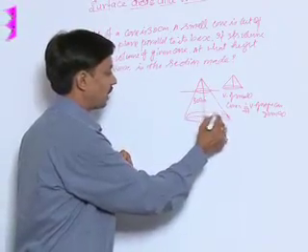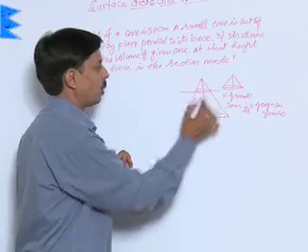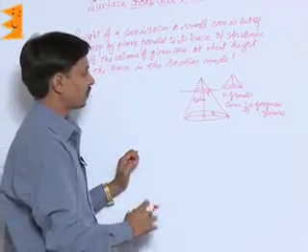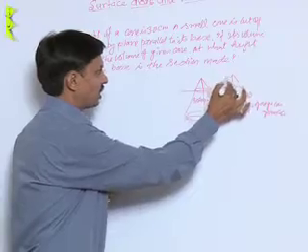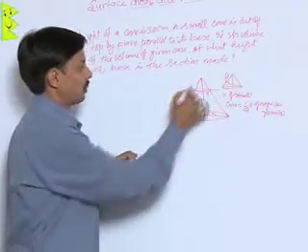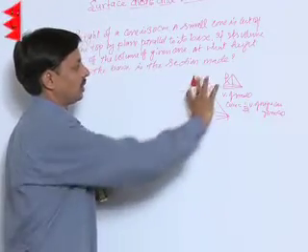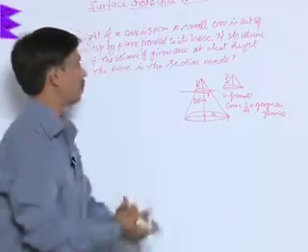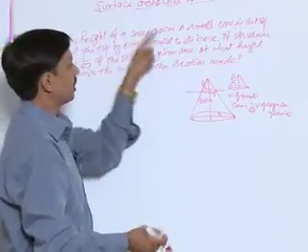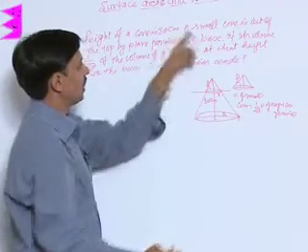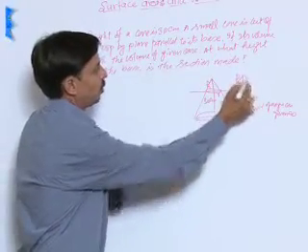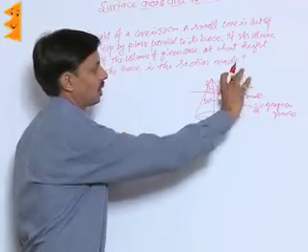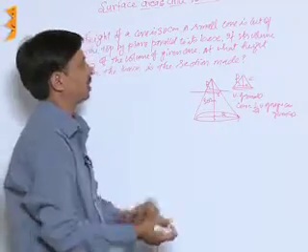Suppose this is the radius r of the big cone and small r is the radius of the small cone. Small h is the height of our small cone, whereas 30 centimeter is the height of our full cone, big cone, given cone. The height of the cone is 30 centimeter as mentioned. A small cone is cut, whose radius and height are not known. Radius I have taken small r and height I have taken small h.